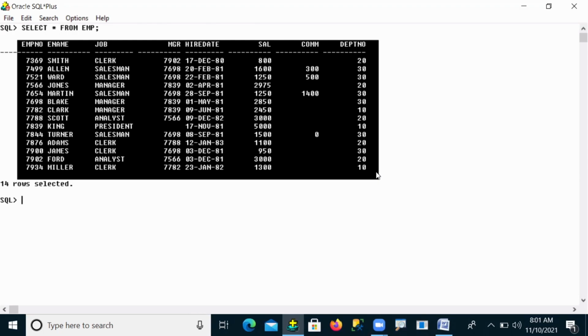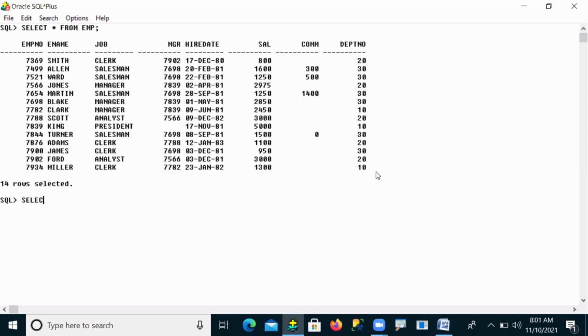Yes, all are satisfied. Whatever the 4 rules are, all 4 rules are satisfied by your EMP table. So that means the EMP table is an organized table, a normalization table. This is called a normalization table. So how is it prepared by people? Understand? Like this, you can check every table.